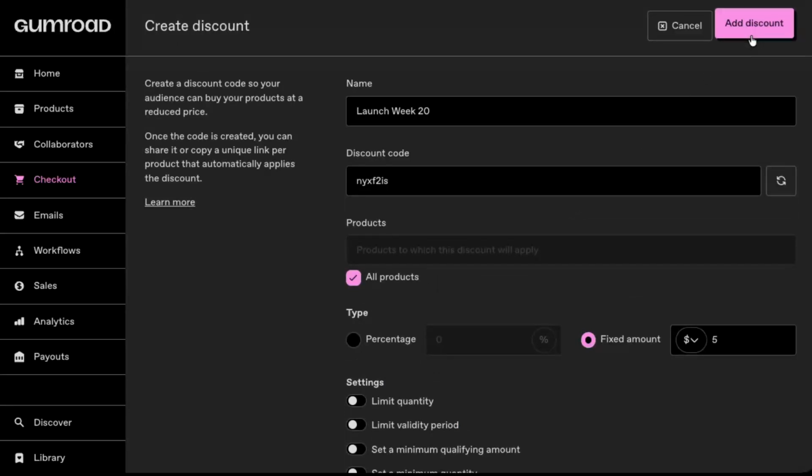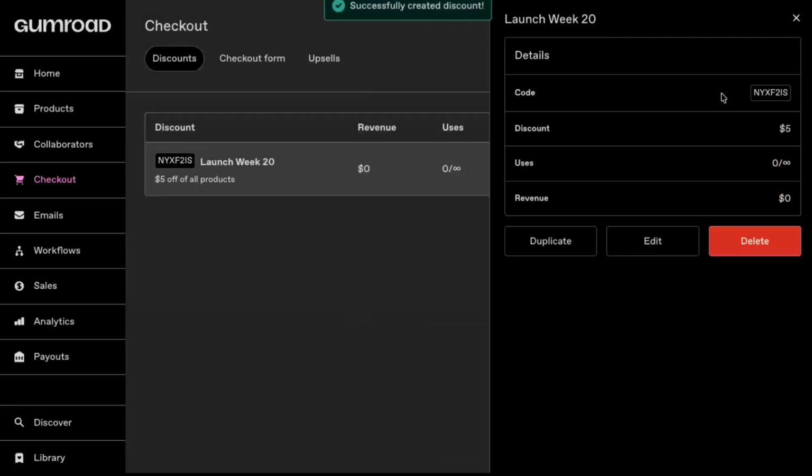When everything looks good and you're happy with your settings, scroll back up to the top of the page. In the top right corner, click on Add Discount. Gumroad will save your new